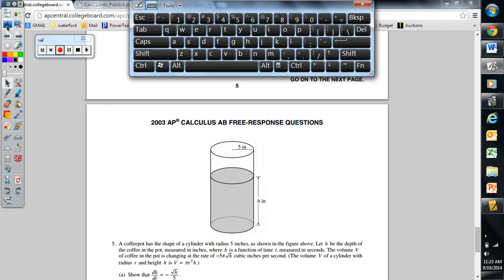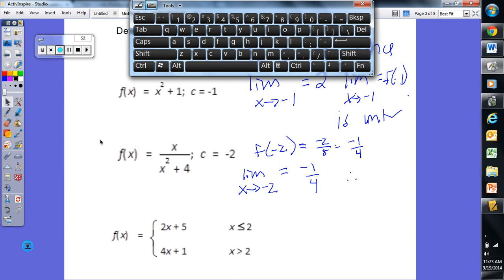We can look at a graph by making a table of values, maybe. We know that it has an asymptote at y equals 0. And we know that when x is negative 1, this is negative 1 over 5, so it's negative 1/5. When x is negative 2, it's negative 1/4. And when x is 0, it's 0. When x is 1, it's 1/5. When x is 2, 1/4. So it's probably like this,